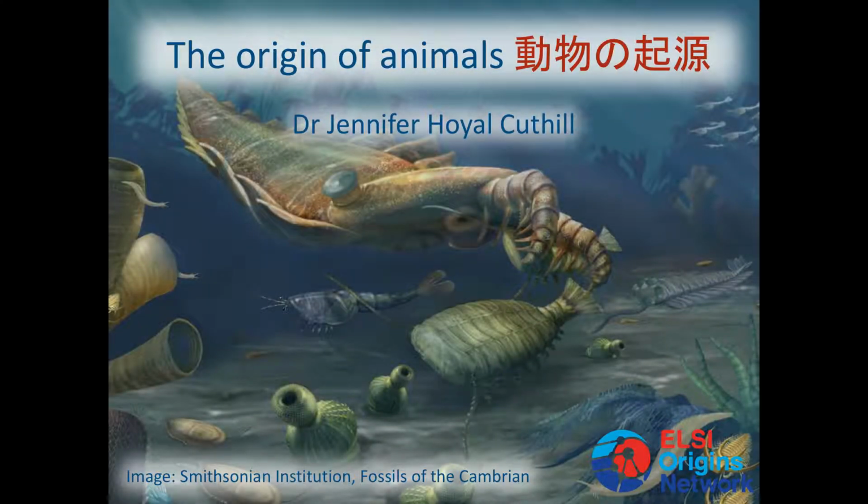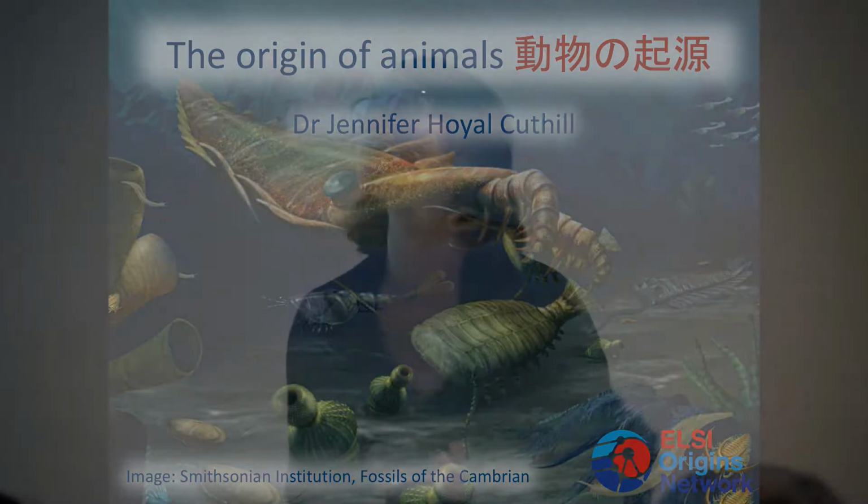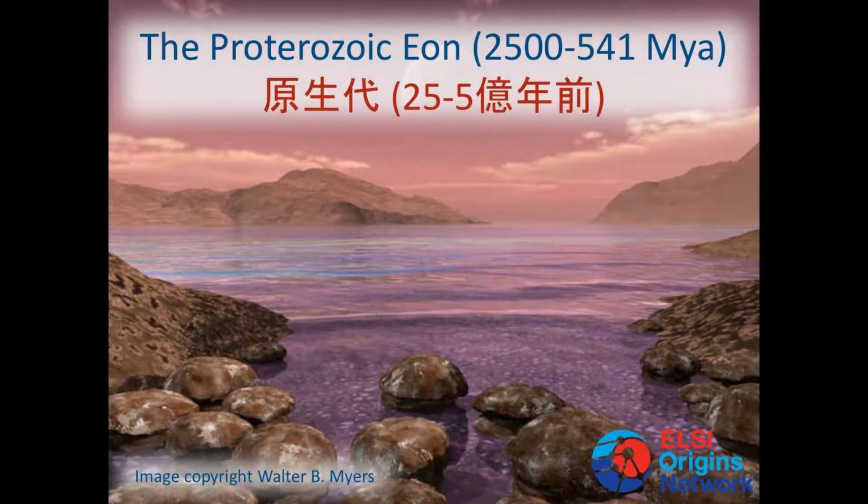So this is a time when there was a great increase in the diversity of life, and this is called the Cambrian explosion. So what led to the Cambrian explosion? Why did this happen at that time? To understand this, we need to look back at the geological record of life just before this, in the Proterozoic Eon, meaning earlier life. At this time, the planet was quite different from that of today.